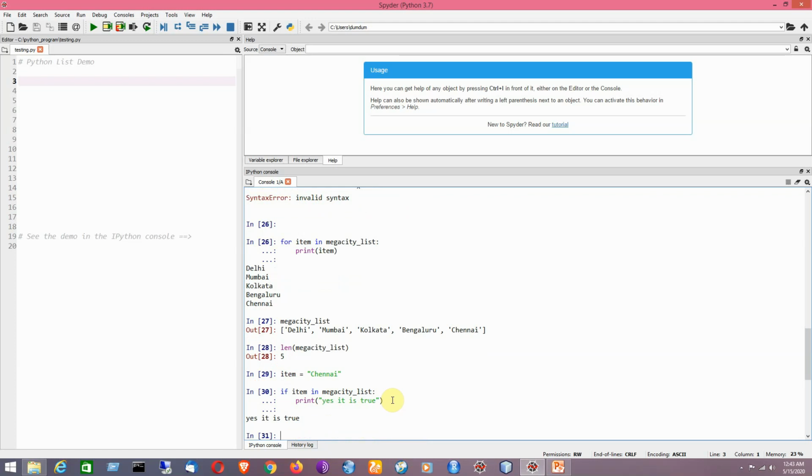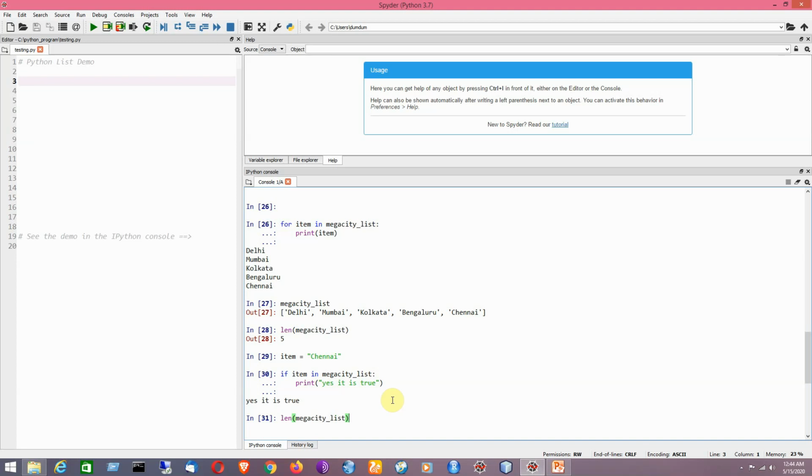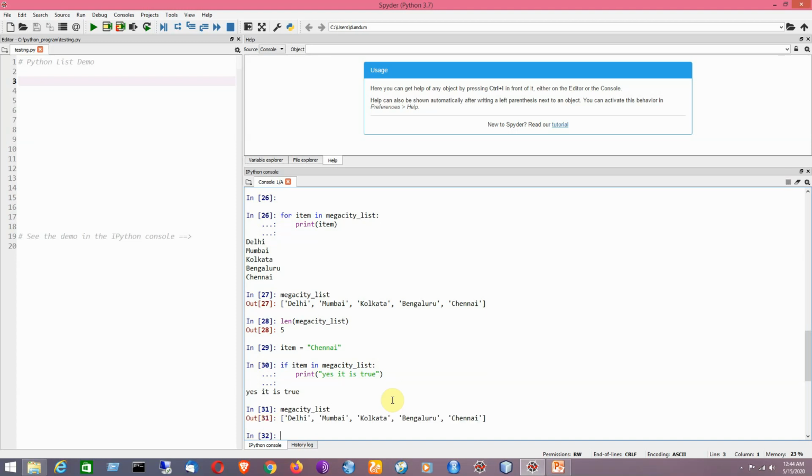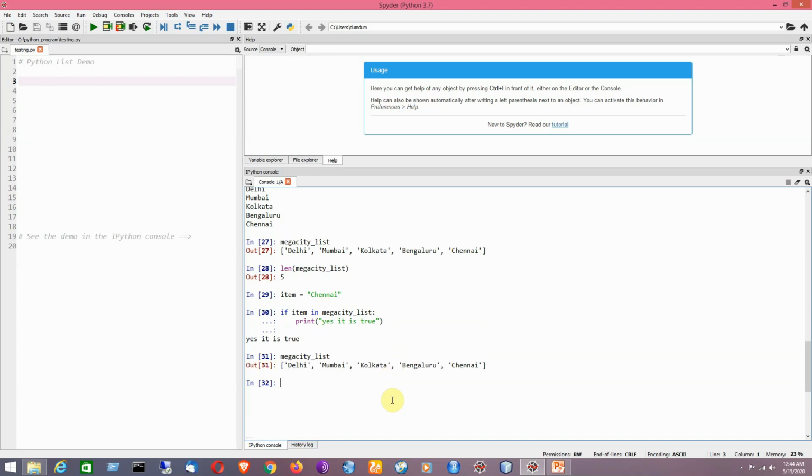Now I would like to add an item to the end of a list. Say for example, I can have the same list again, the mega city list. It now has 5 items, that is 5 mega city names. Now suppose I would like to add one more item, say the name of the mega city Ahmedabad.